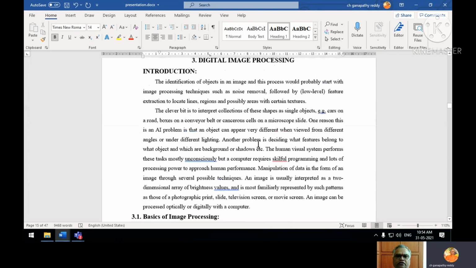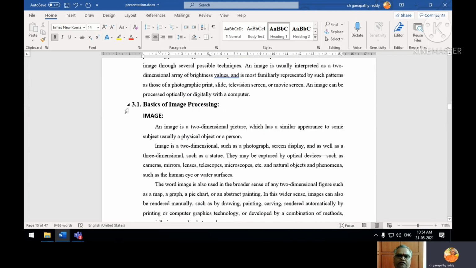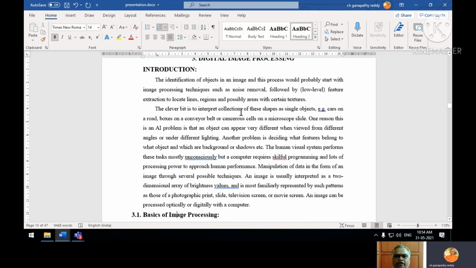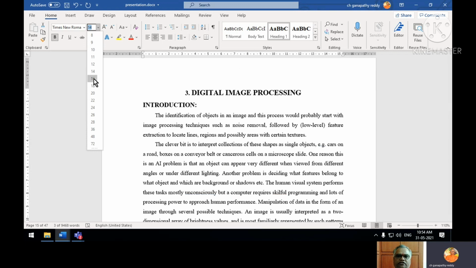Second chapter is simple. Then the third chapter has a subheading, 3.1 Basics of Image Processing. This is bold. Subheading is bold, right? Subheading bold and 14. And the main heading is what? 16. Main heading 16, we told 16. So this has to be changed. It should be 16, center and bold.